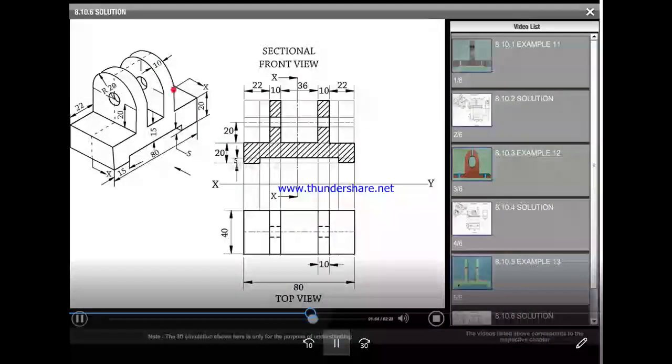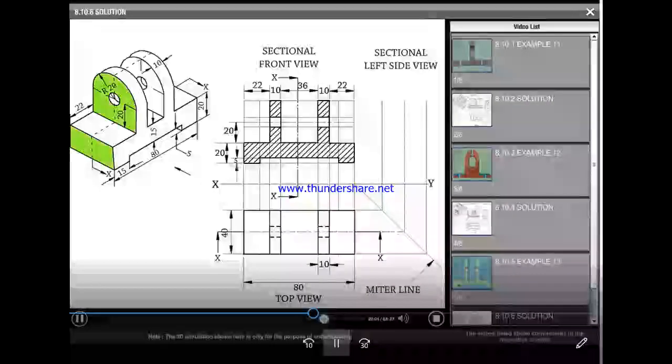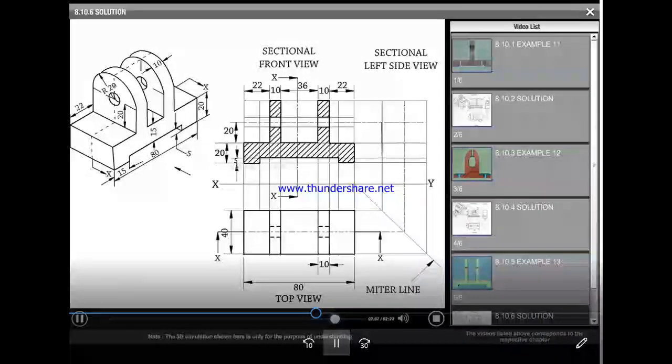To draw the left side view, first draw the mitre line and projectors from the top view through the mitre line. Now draw the projectors from the front view horizontally. Now complete the left side view.